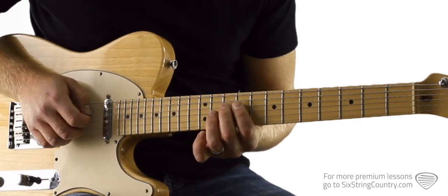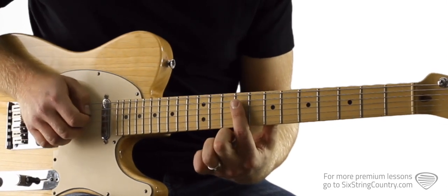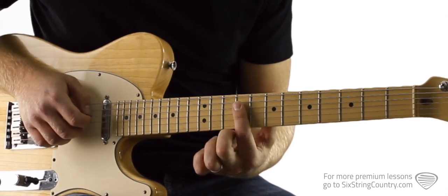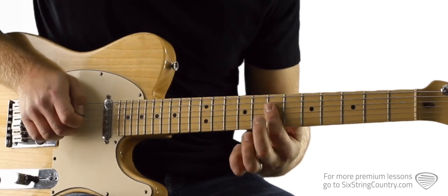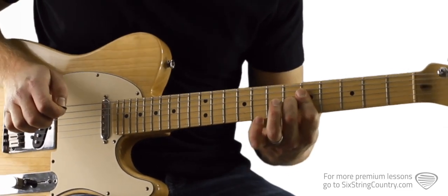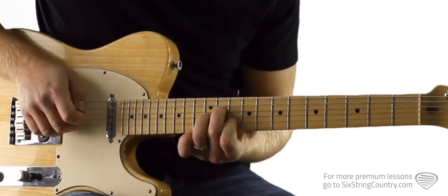And then kind of a mute on the D string, 11th fret of G, and then another kind of mute on the D string, but then put your pointer finger down over the D, G, and B string on the 10th fret, or excuse me, I'm sorry, this 9th fret. And then the same thing on the 7th. And then go down to the 5th and do the same thing, but hammer on to the 6th fret of G with your middle finger on your left hand. So far we've got